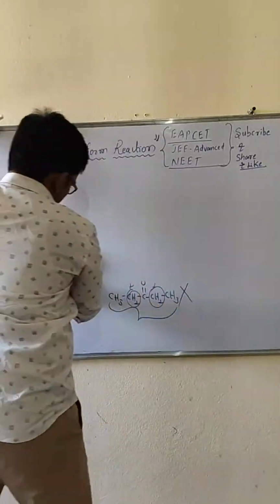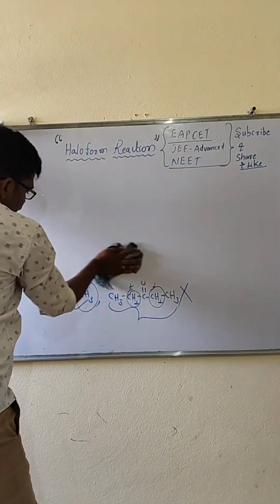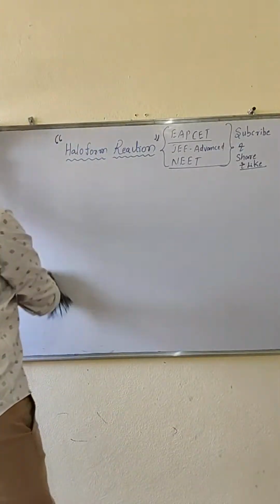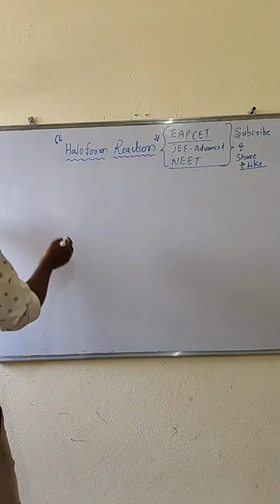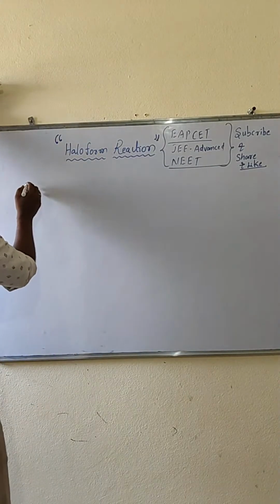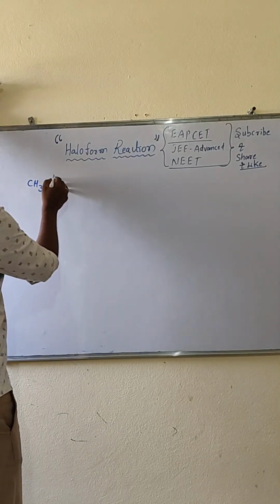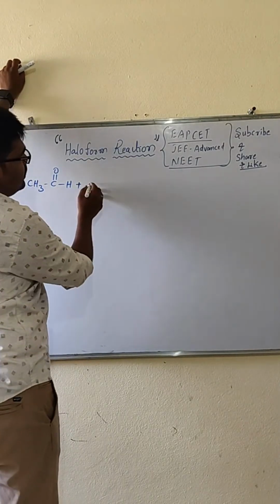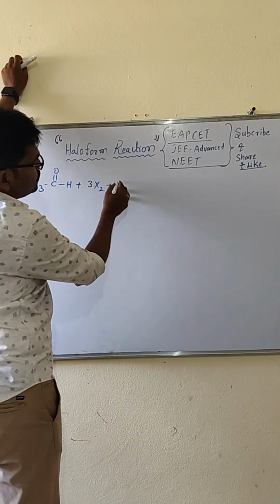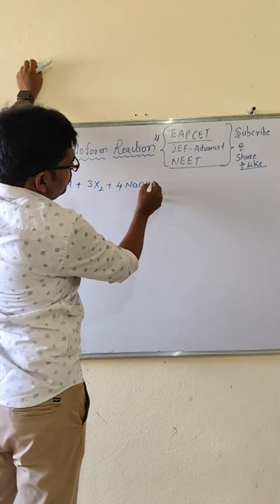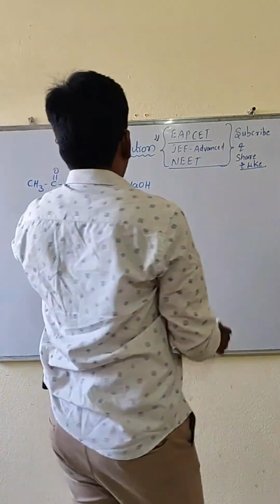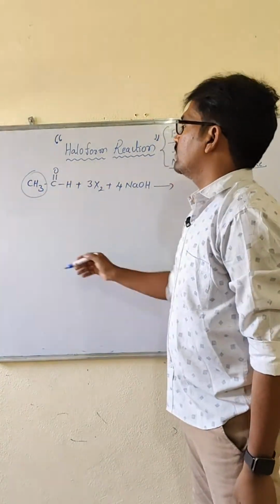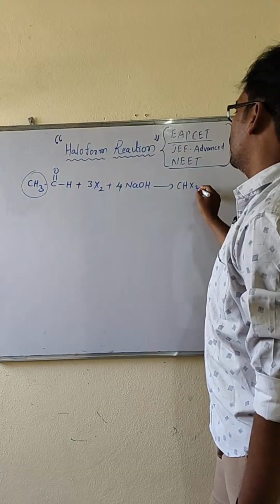How is the reaction happening? So 3 moles of halogen and 4 moles of sodium hydroxide are used in the reaction. First, I am taking one general equation. Look at, my dear students, CH3 C double bond O H, when it is treated with 3 moles of X2 and 4 moles of NaOH, then I told you that the methyl group can be converted into CHX3, haloform, plus